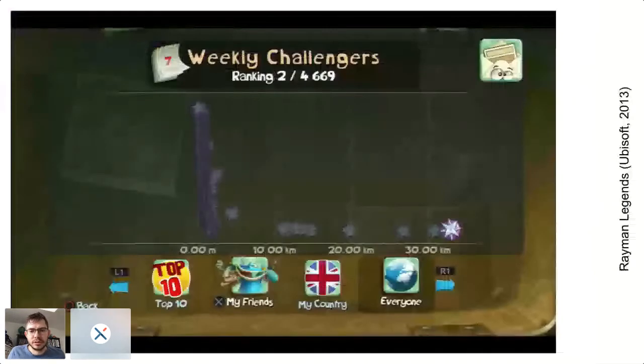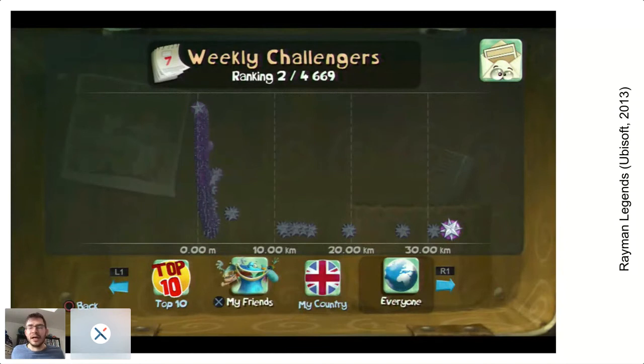This is just to have a scatter plot somewhere. Many online games allow you to compare yourself to others. So this is the case here with Rayman Legends, where you can see where you are positioned. This is not my score, of course, where you are positioned compared to the others in the world or in your own country. But still, if you think of scatter plots,